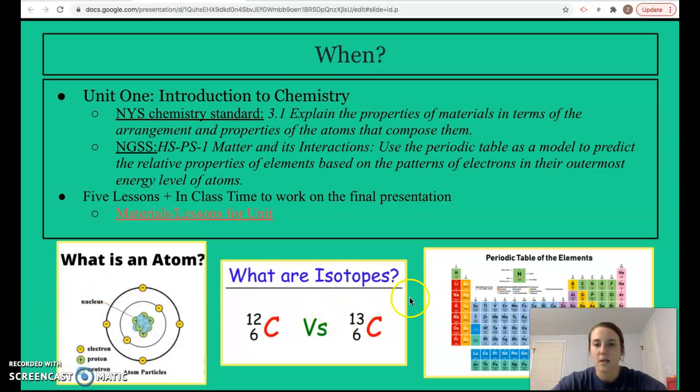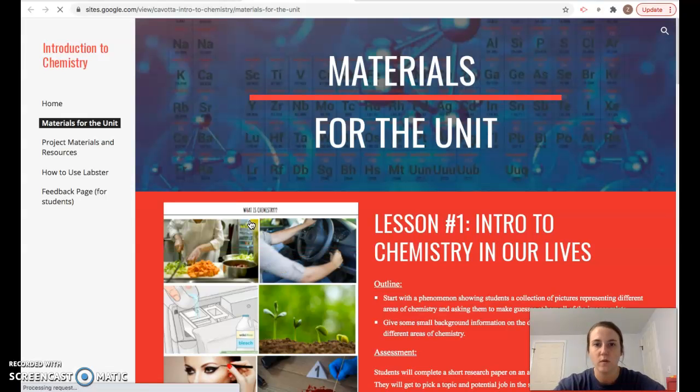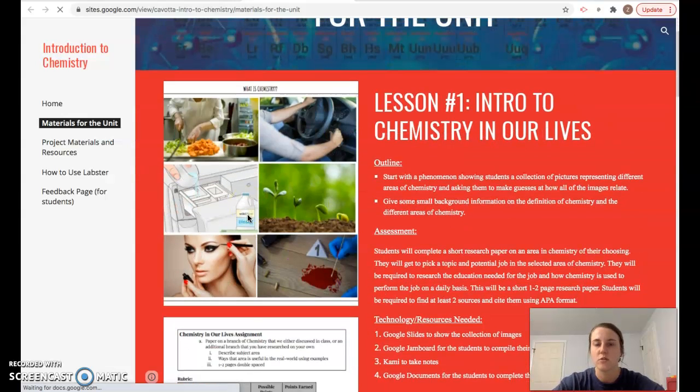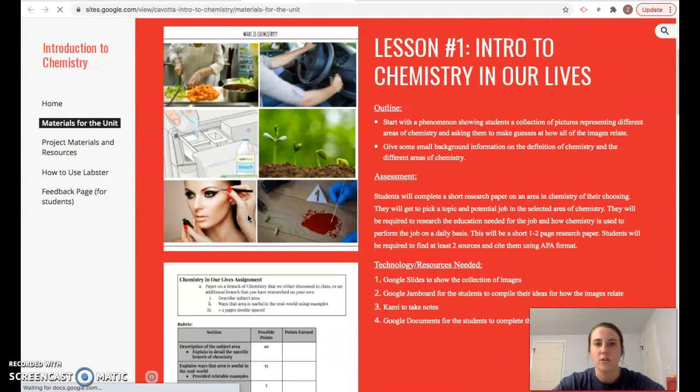Here are some of the things that I have mentioned above, images of them. So again, what is an atom? We'll be talking about electrons, protons, neutrons. We'll talk about isotopes. We'll talk about the periodic table and how it's arranged. And here is a link to my website that I've developed over the course of this semester that just outlines the lessons. So the first one, I'm introducing them to chemistry, kind of getting them engaged and excited,